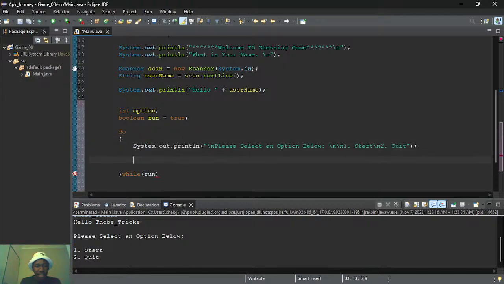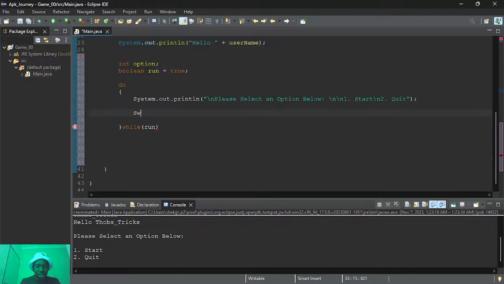Something like this. Then here we're gonna have a switch statement. A switch statement is more like an if statement, just a bit different. And then we're gonna use the option variable.